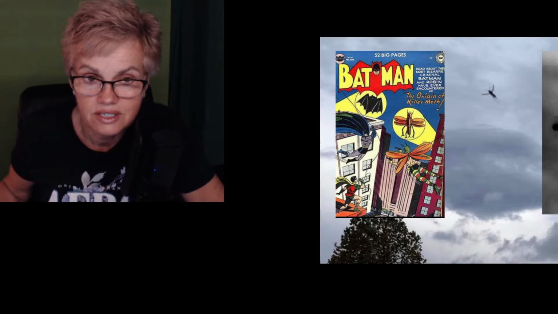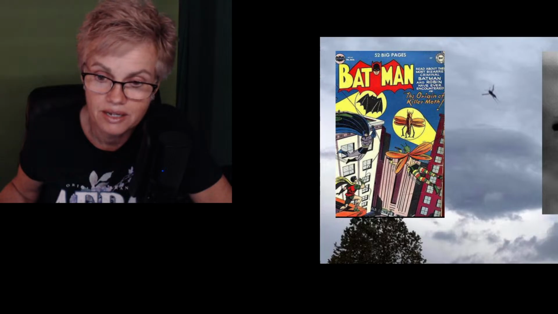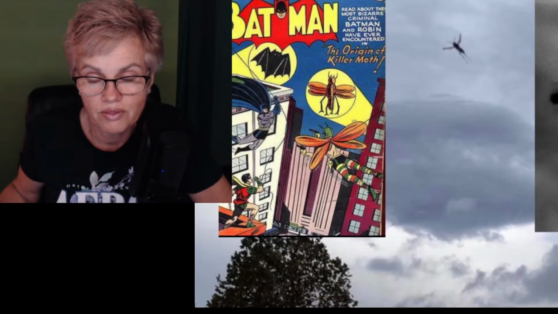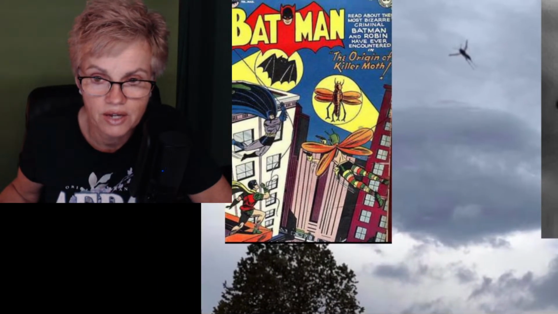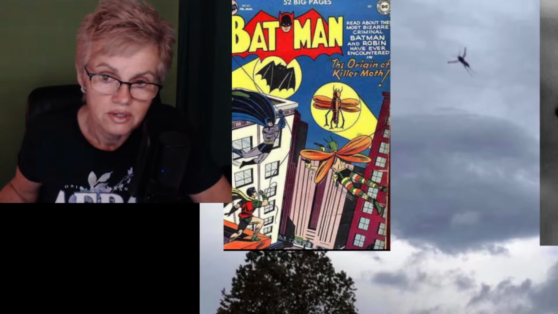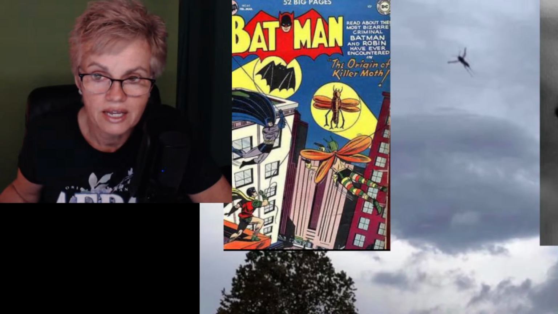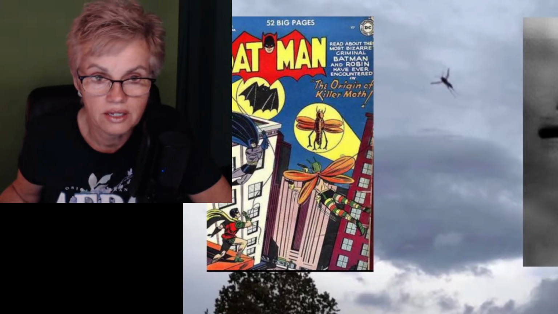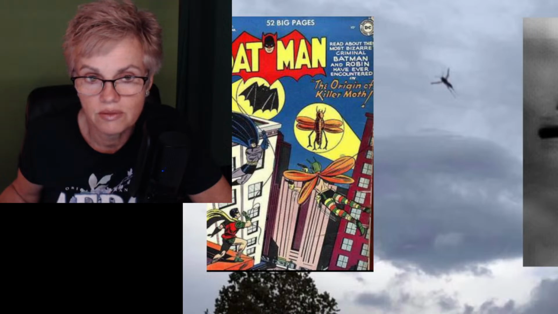Oh my goodness gracious, you all. Let's see when Mothman came into the scene. It was November the 15th of 1966. Batman and Mothman right there. You can see it right here. He's flying around. He's got some green something. He's got some antennae. I guess he used to be like that little bug right there. You see right there.